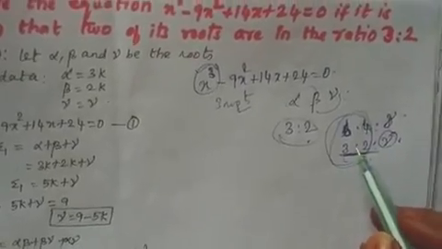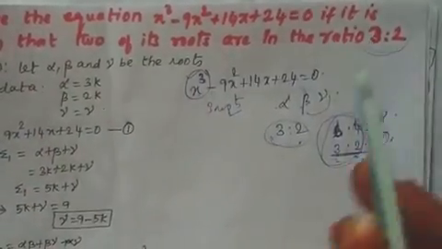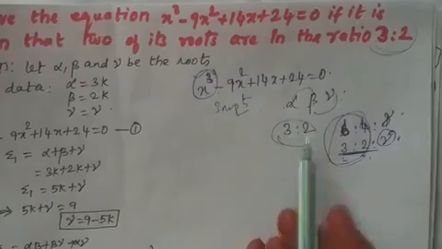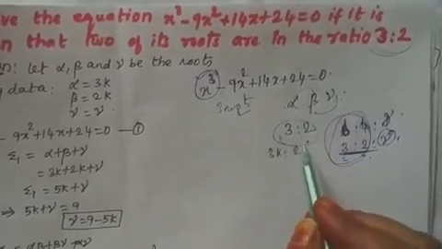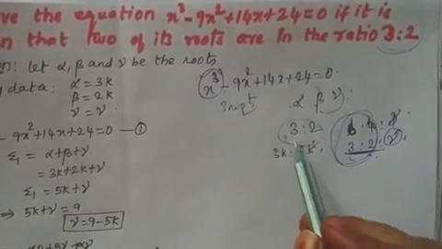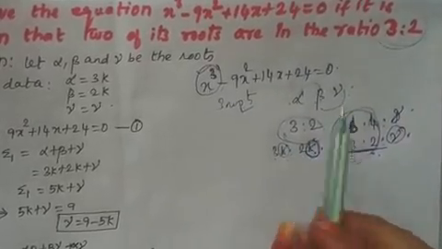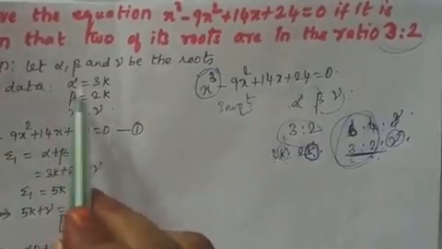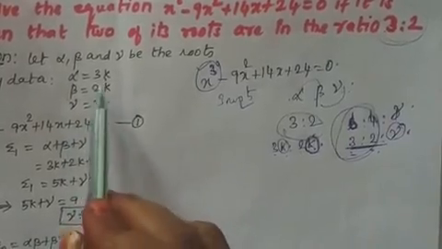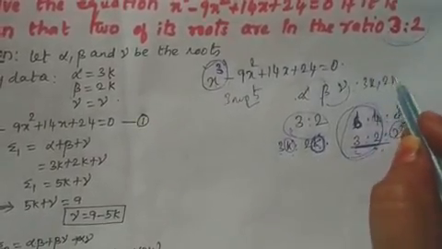So what was the concept given there now? 2 of its roots are in the ratio 3:2. In lower classes we have studied that any 2 roots in the ratio 3:2, we multiply by a common constant k. It is our convenience. So I am going to take 2 roots to be 3k and 2k. This k can be any multiple. So I have assumed alpha to be 3k, beta to be 2k and the third root as it is, gamma. Now the 3 roots will be 3k, 2k and gamma.